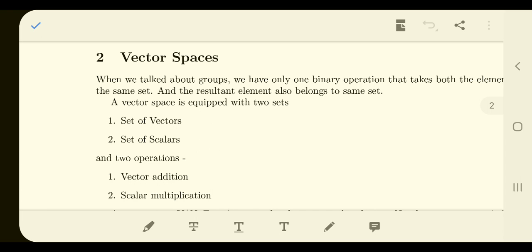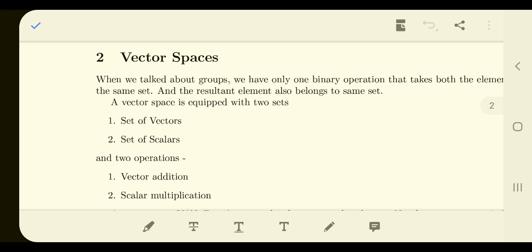So the first thing is a set of vectors. Whenever we are talking about a set, you can assume that there are some kinds of elements, so there is much more flexibility about its content. Whatever the content, it should follow the properties. If it follows the properties, then it is called a vector space. A set of vectors alone does not mean much, but along with all the constraints it makes more sense. Let us see how it goes.